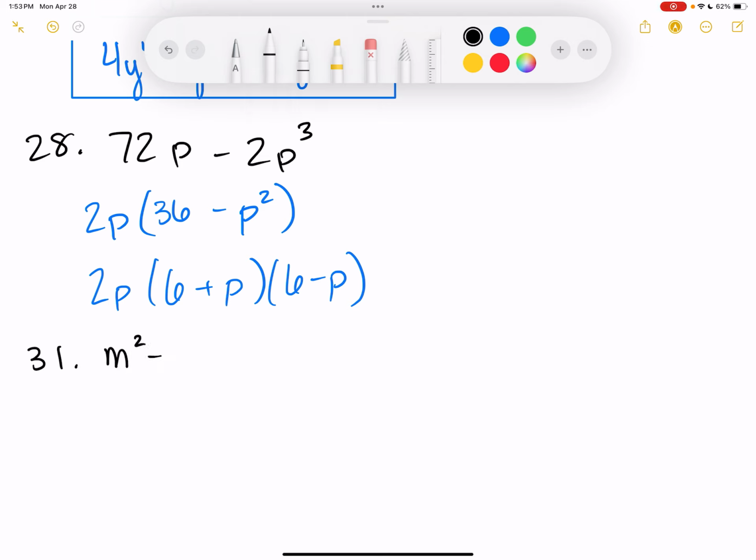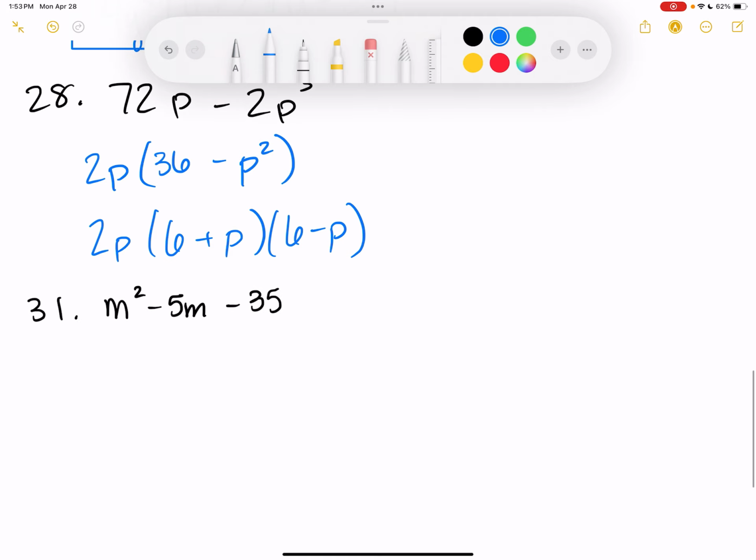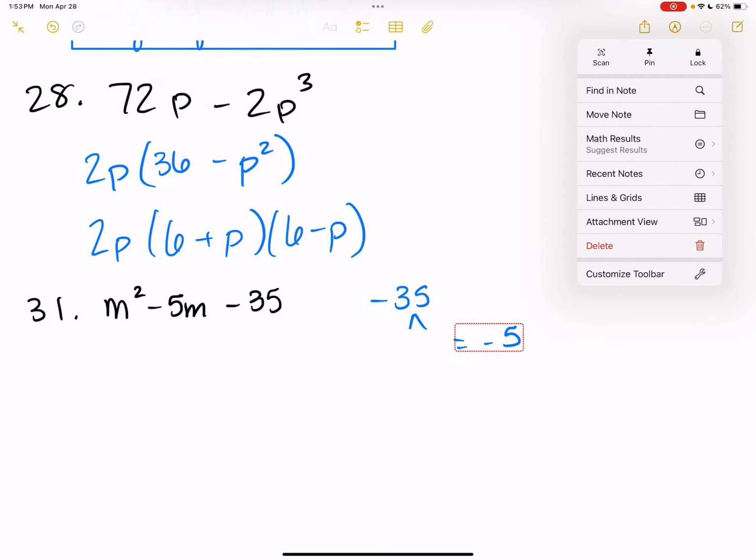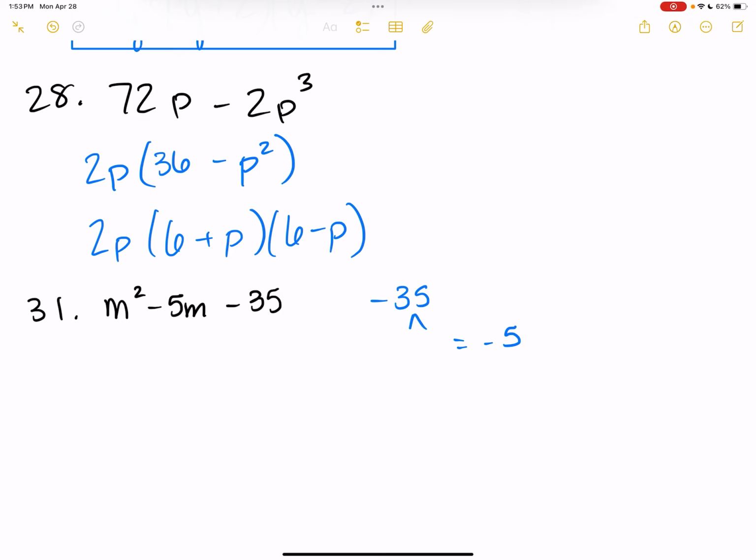m squared minus 5m minus 35. All right. How do we factor this? Find factors of negative 35 that add up to equal negative 5. We're doing this. Just solve it. Tell us. I remember this. Wait. All right. So